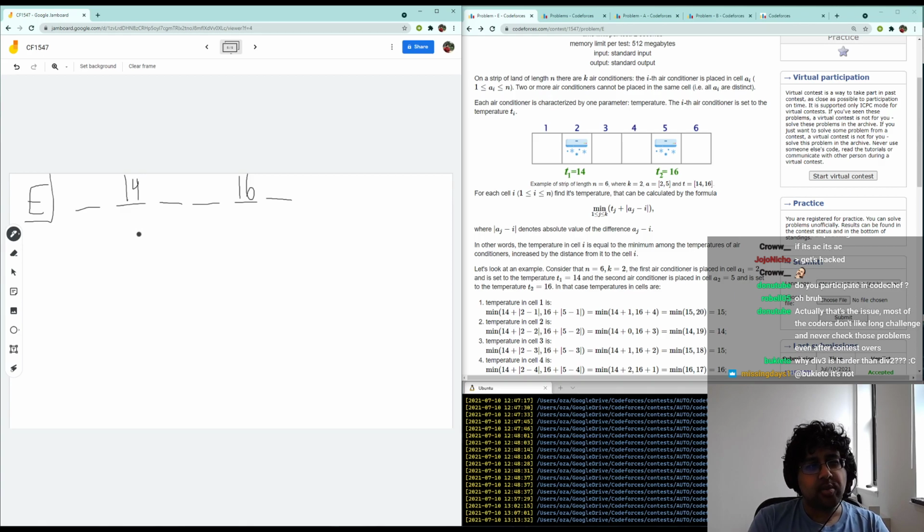Maybe the first problem might be around the same difficulty, but the last problem on div 2 is really hard, whereas the last problem on div 3 is only medium hard. Definitely still challenging though, so I think div 3s are better not because the first problem is easier or the last problem is easier necessarily, but because they have more easy problems, whereas I feel like div 2s ramp up